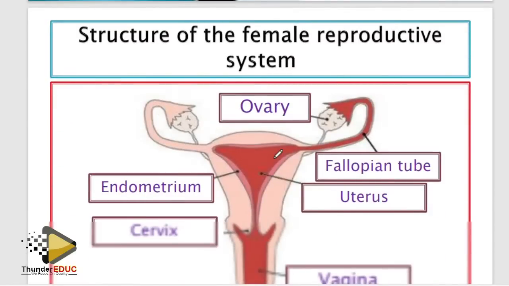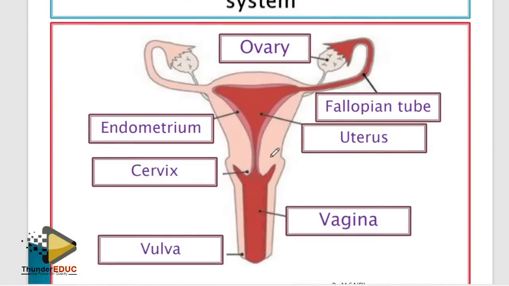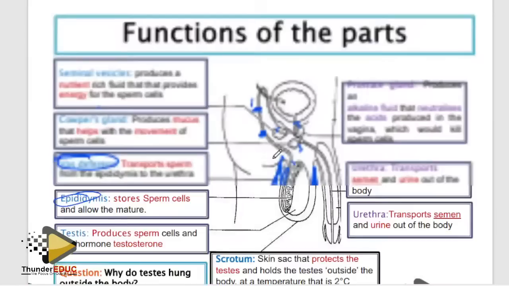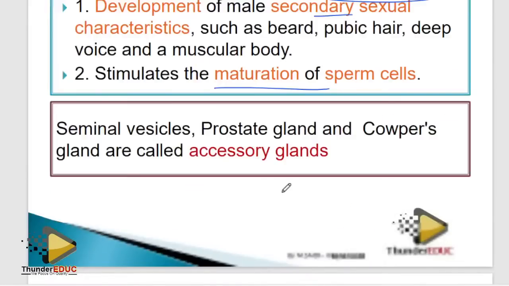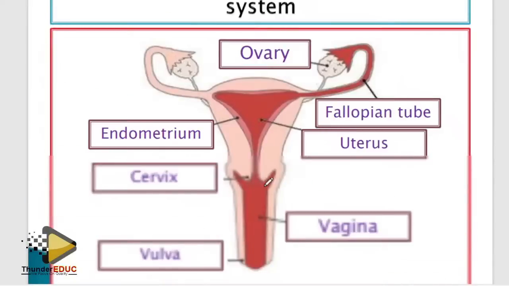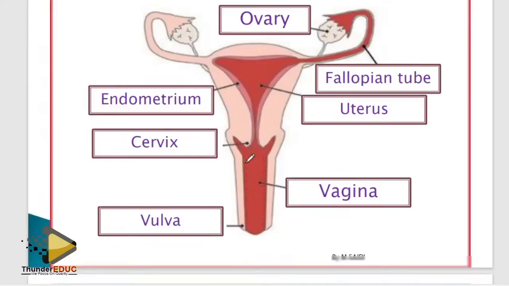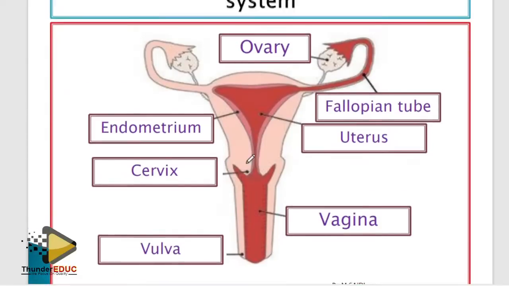Let's go and make sure that you maximize reproduction. Then when you come to the female reproductive system, obviously you boys, you know this better. So if you know it better, there is no way how you're going to bring it wrong. But in most cases, when it comes to the male reproductive system, we bring this sideways, while when it comes to the female, we bring this way. So with female, guys, it's always simple. But let me clarify this.